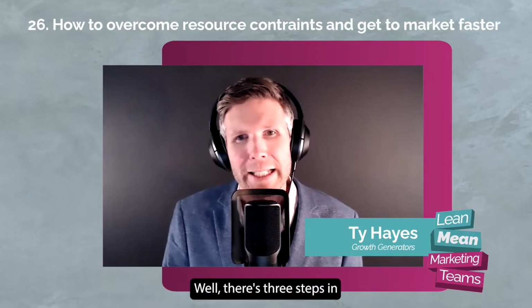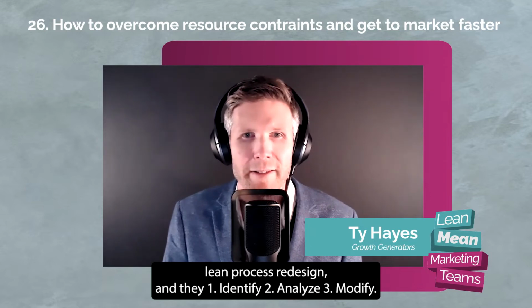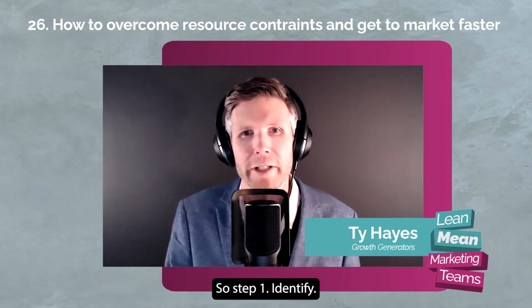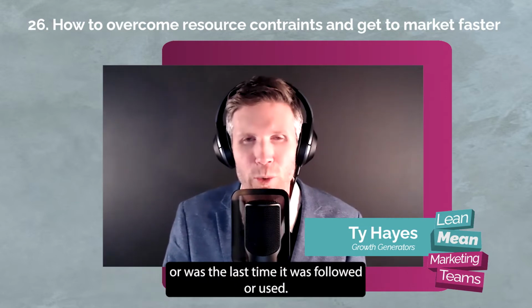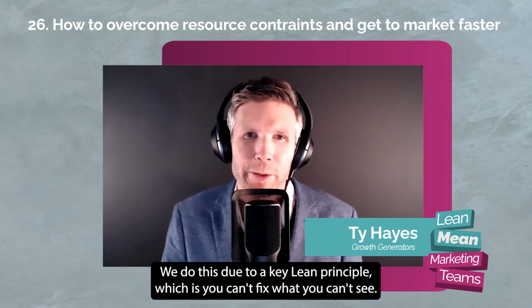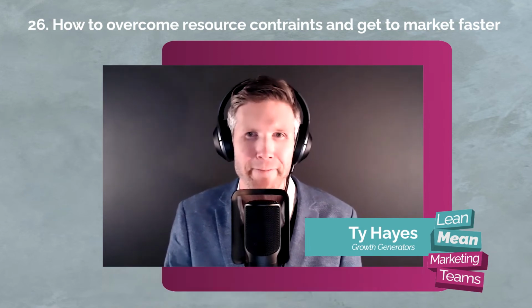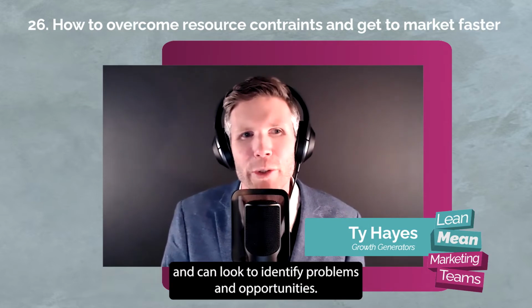Well, there's 3 steps in Lean Process Redesign, and they are identify, analyze, modify. So step 1, identify. This involves mapping the current process the way that it is right now, or was the last time it was followed or used. We do this due to a key Lean principle, which is you can't fix what you can't see. So it's only by mapping out the process that you build a shared understanding and can look to identify problems